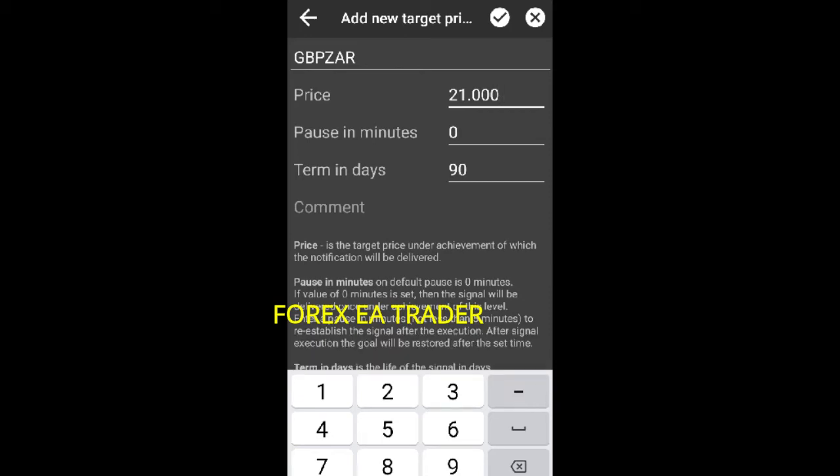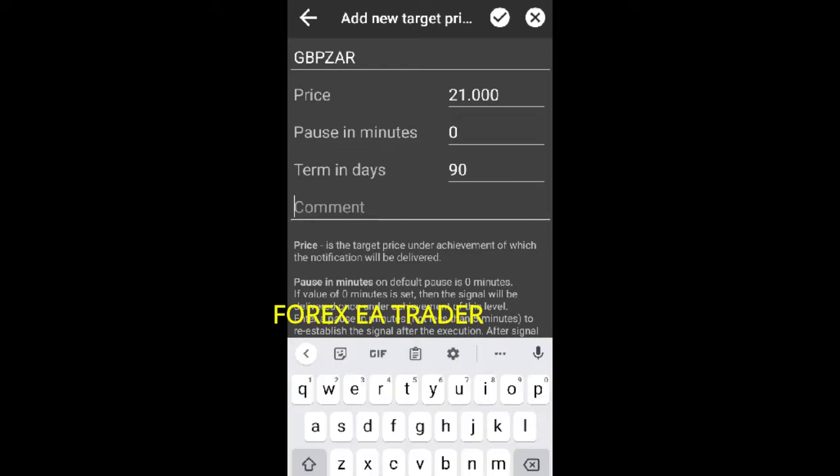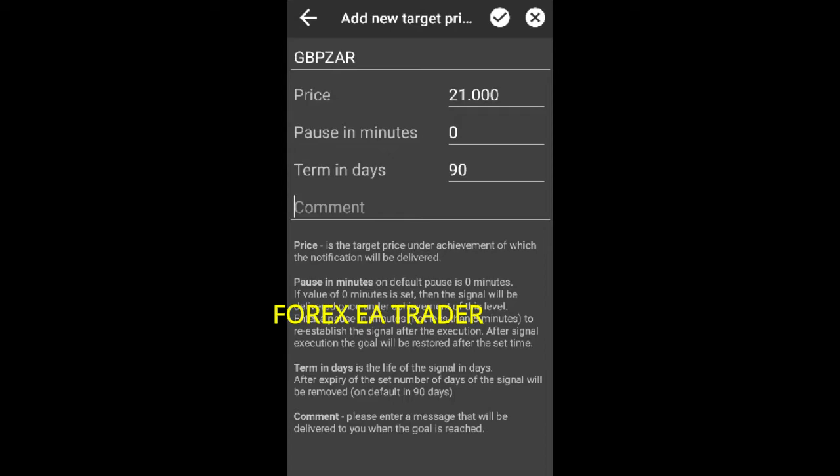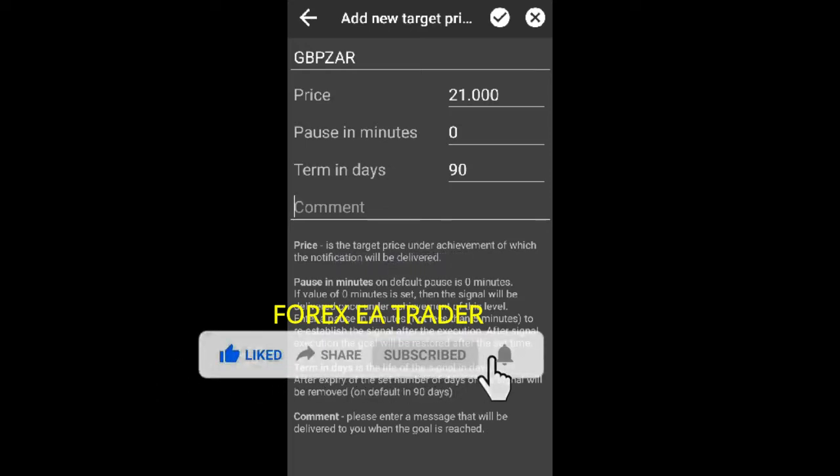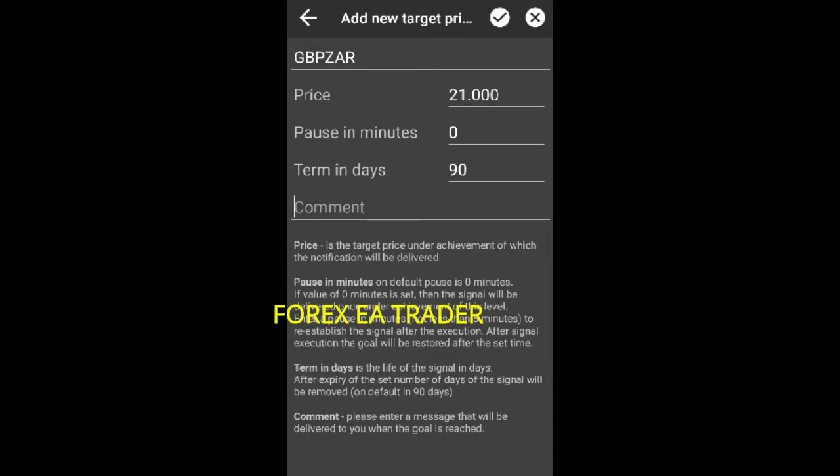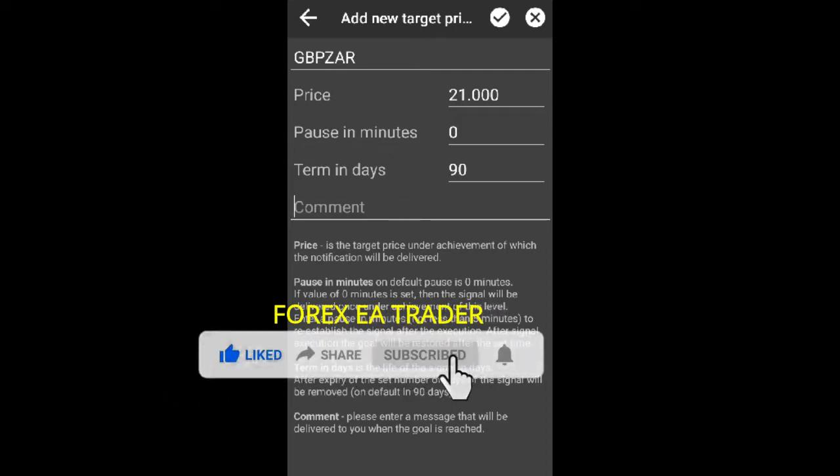And when this level is reached, do you want a pause? You want the alert to not go off immediately, or do you want it to go immediately? Of course, everything is explained here. So price is the target price that you want. So price here, you set the target price that you want, and pause in minutes is on default 0 minutes. If a value of 0 minutes is set, then the signal will be delivered once this level is achieved. So immediately when we get to 21,000,